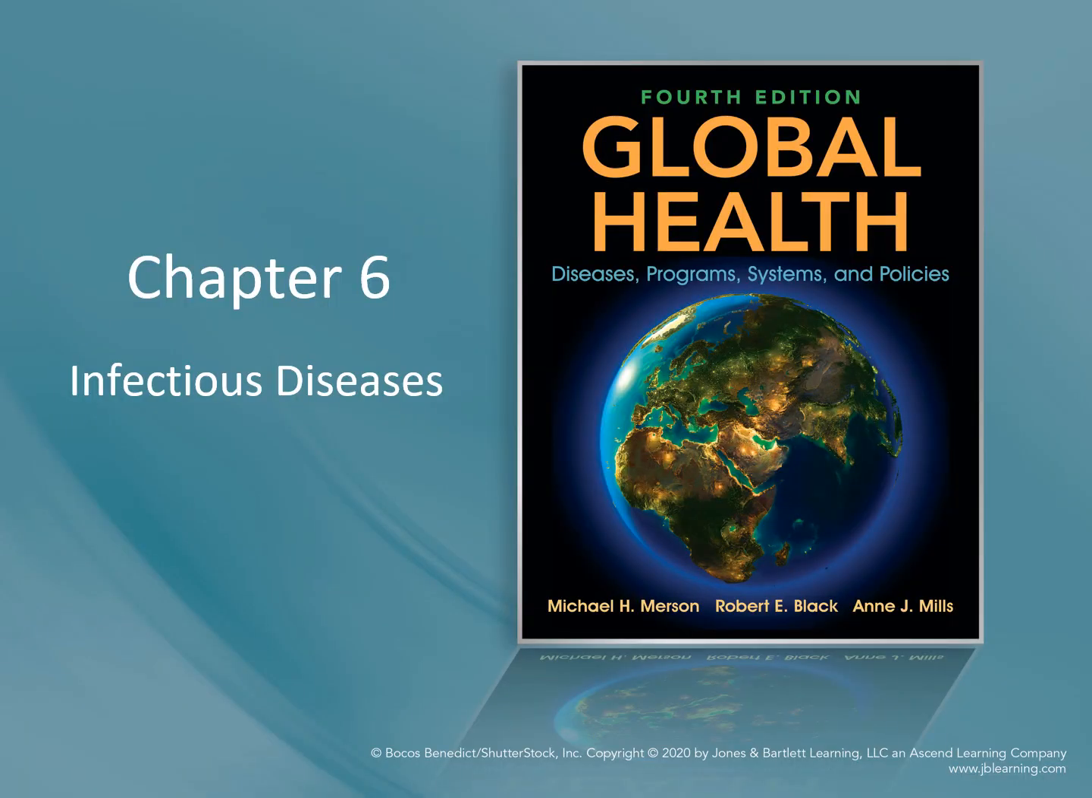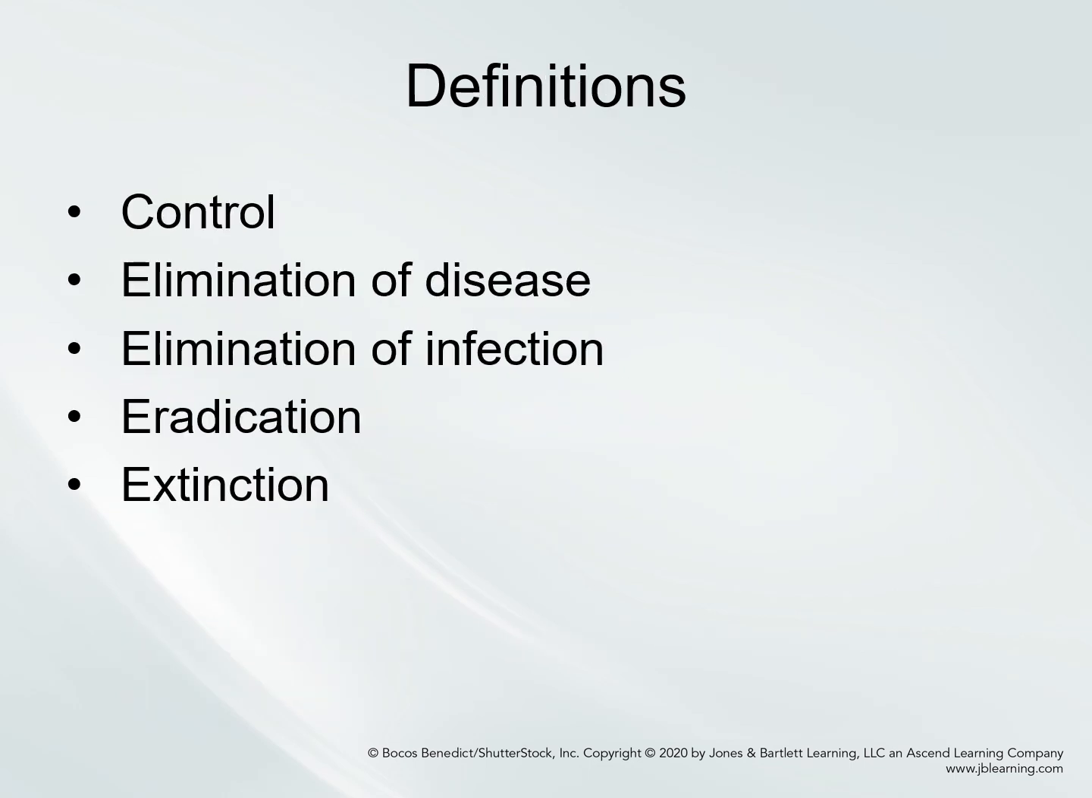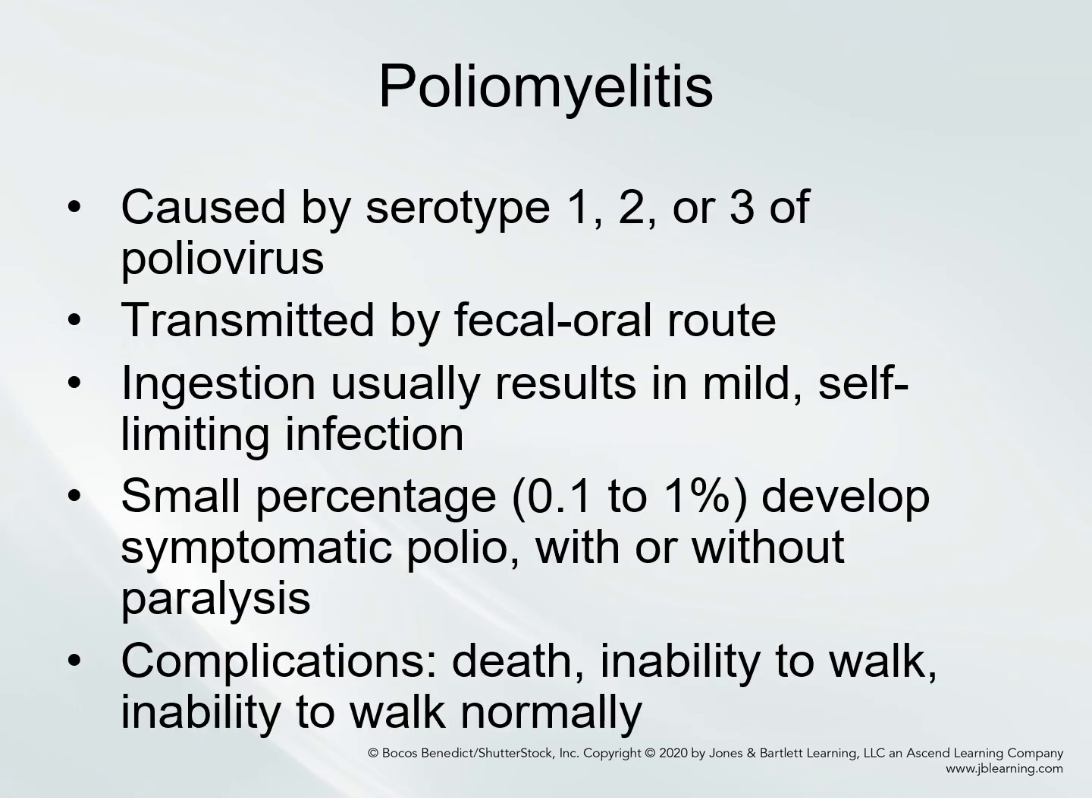Chapter 6, I would read pretty carefully all of Chapter 6, as infectious diseases is such an important set of readings for MPH students. Look into vector control and different forms of control. Understand the key definitions in this chapter. Expanded program on immunization. And really just read through all of the diseases and